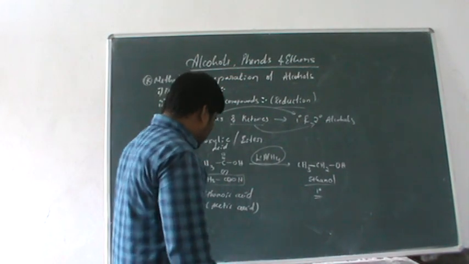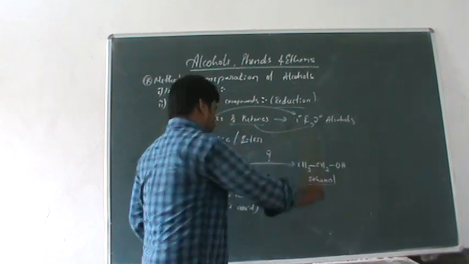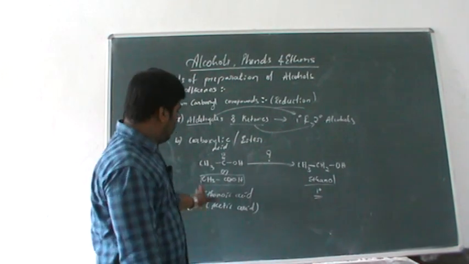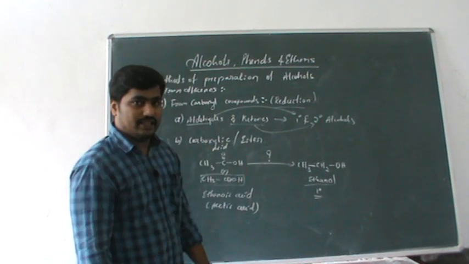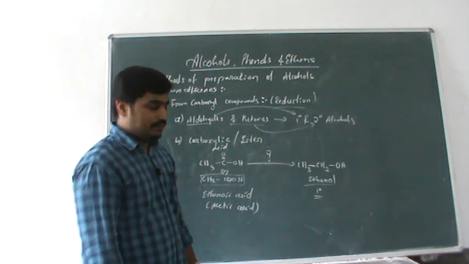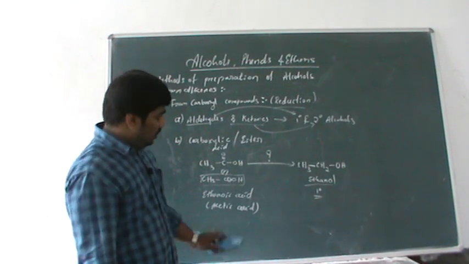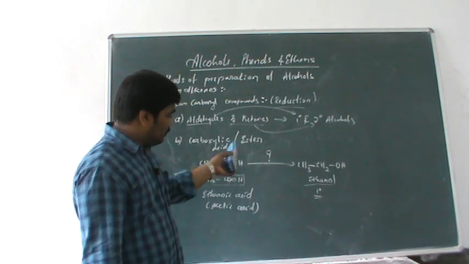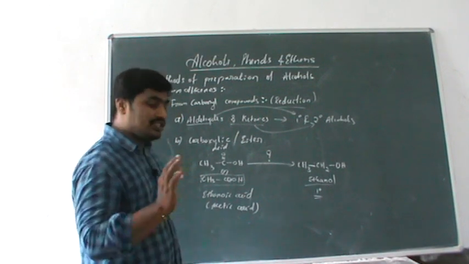There is a possibility of a question being asked on this reaction, such as: please identify the reducing agent. Such a type of question may be asked. But this process is costly. Yes, lithium aluminum hydride is required, ethanoic acid is required. So this is the costliest product preparation method. Therefore, we are going to an alternate way.